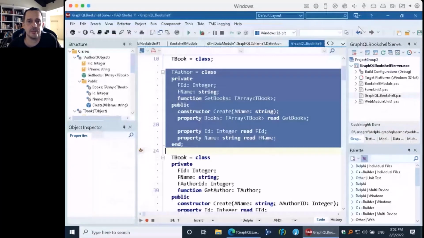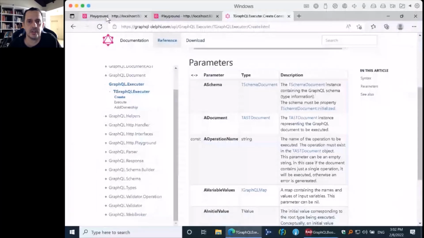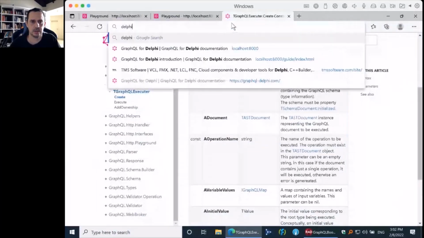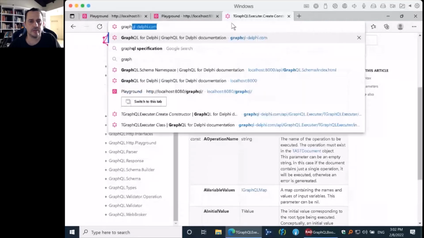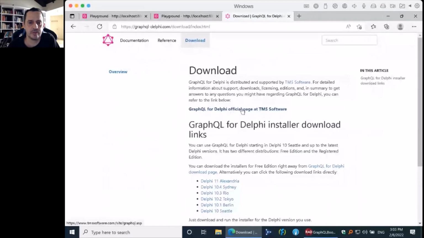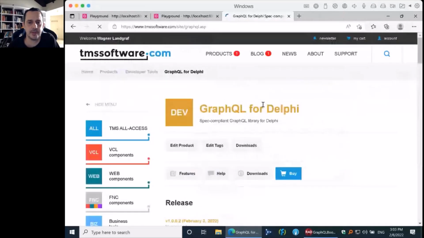If you don't like GetIt, or if you don't use Delphi 11, you can go to GraphQLDelphi.com, or you can go directly to the GraphQL for Delphi official page at tmssoftware.com.